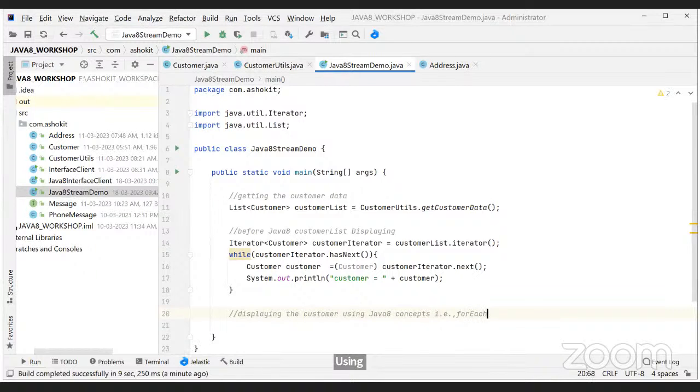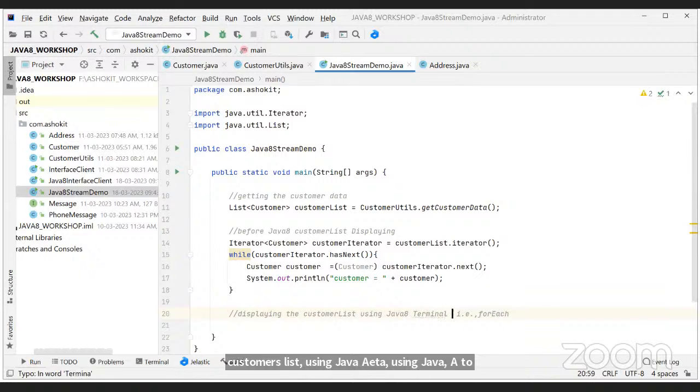So display the customers list using a Java 8 concept, the Java 8 terminal operation. One of the terminal operations, sir, that we do have is for each.